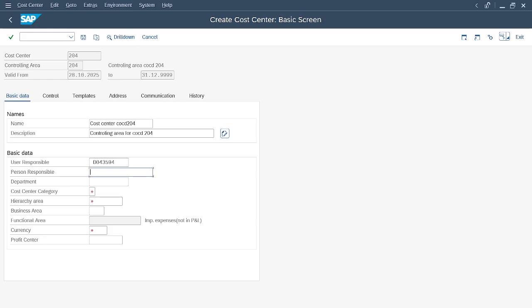So in a real scenario, this user is responsible, the particular user who is defining it. When you are working in the real system, you will have your own username, and everyone has their own username.